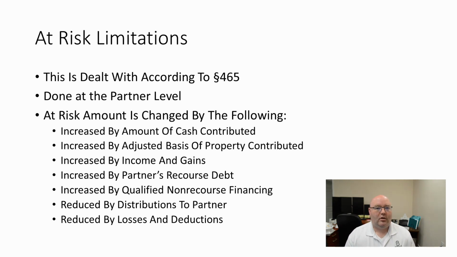You get additional at-risk amounts that you can use in order to be able to take some of those losses. It's also increased by qualified non-recourse financing. We called this, in the previous video, qualified non-recourse mortgage financing, because qualified non-recourse financing is always going to be done on real property, so it's generally going to be a mortgage. The bank's going to come back and say, okay, we're going to loan you $1 million to go buy this land and this building,